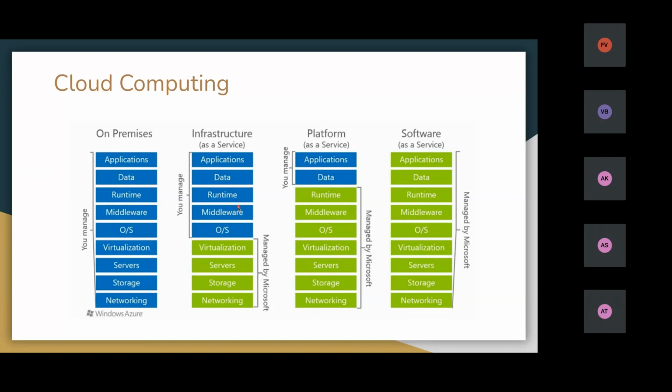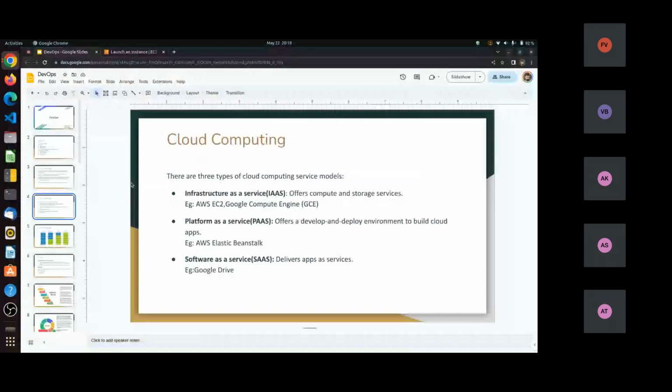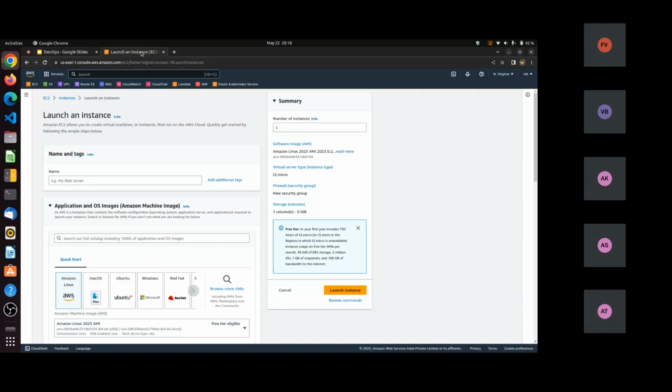For example, Amazon EC2. Amazon EC2, you may not have heard. Amazon EC2 is an AWS service on which we can launch virtual machines.